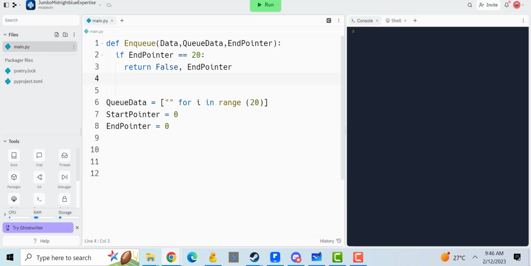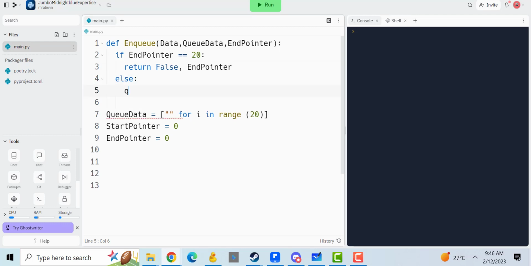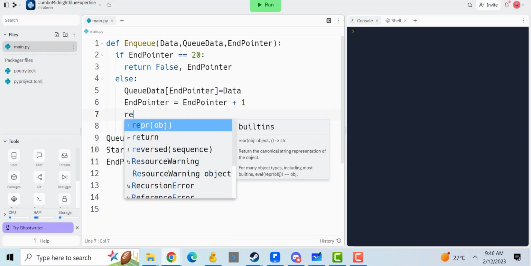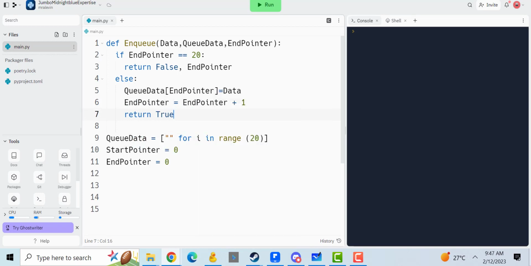We're full. Else, data at end pointer becomes our new data. We need to increment end pointer